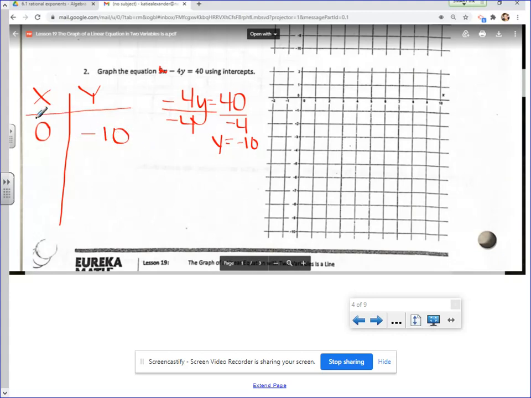We need to plot those points. It's like an ordered pair. You're going to go over 0, down 10, and make a point. So I made that point. I went over nothing, down 10, and I made a point. You just told me we have to have 2 points to make a line, so now I have to do